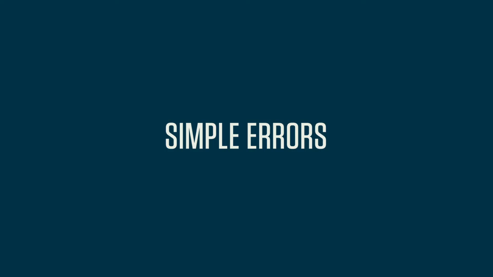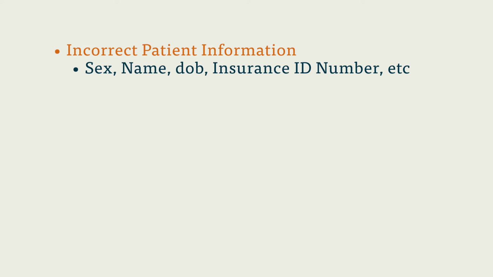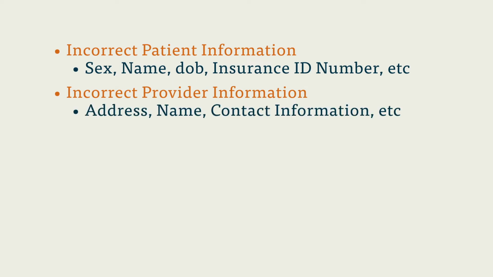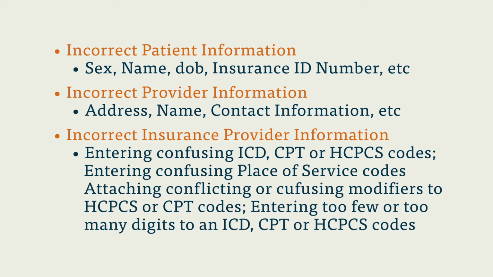Simple errors. Now that we've reviewed denied and rejected claims, let's look at some of the basic errors that can get a claim returned to the biller. Incorrect patient information, such as sex, name, date of birth, insurance ID number, etc. Incorrect provider information, such as address, name, contact information, etc. Incorrect insurance provider information, say the wrong policy number, address, etc. Incorrect codes, that might include entering confusing ICD, CPT, or HCPCS codes, entering confusing place of service codes, attaching conflicting